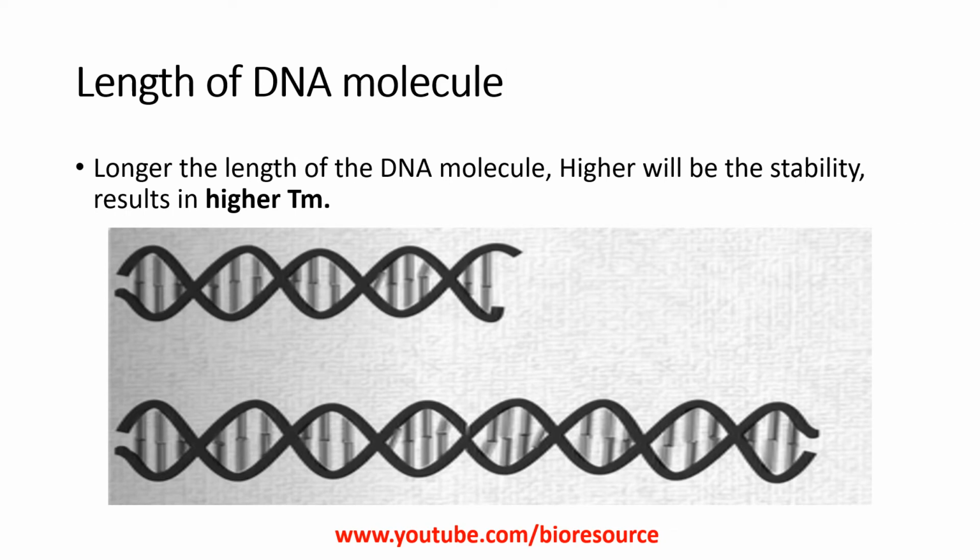The second factor is the length of the DNA molecule. The longer the DNA molecule, the higher the stability due to the forces acting on it, which results in a higher Tm. So always remember the length of the DNA can also impact the melting Tm. The DNA stability will increase with the length of the molecule. Once the stability is higher for the duplex, it requires a higher amount of heat energy to denature the DNA. Hence, the melting temperature will be higher.